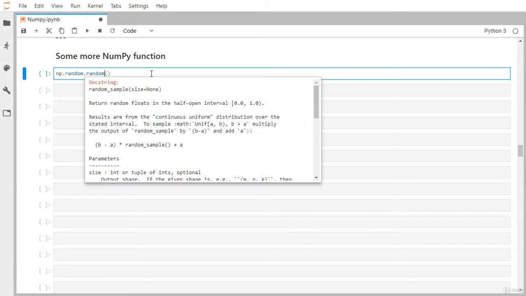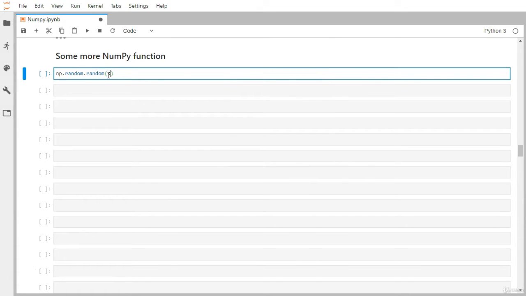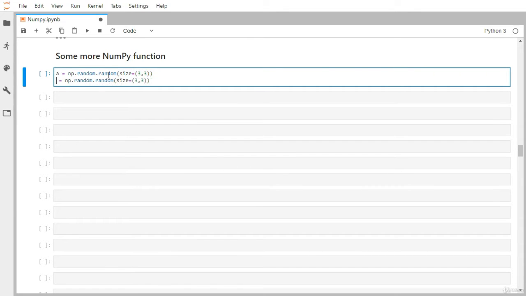Here the argument is size, and size is nothing but the tuple. So I want to create a 3 cross 3 size matrix, that's why I have passed a tuple. Let me assign it to matrix A, and the same way let's create another matrix, B.